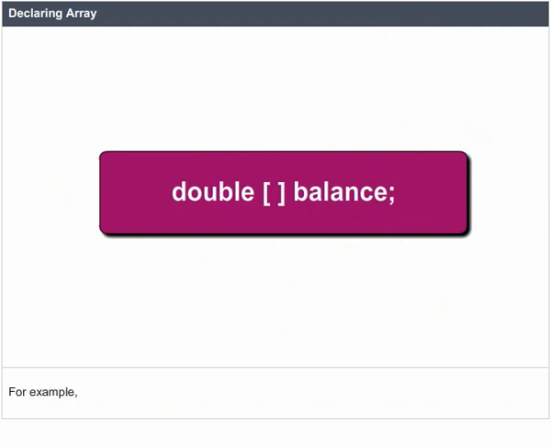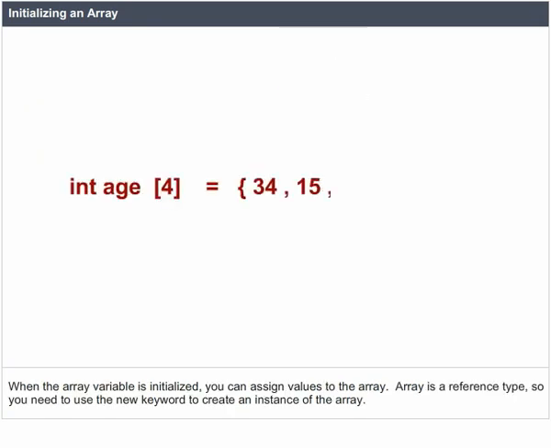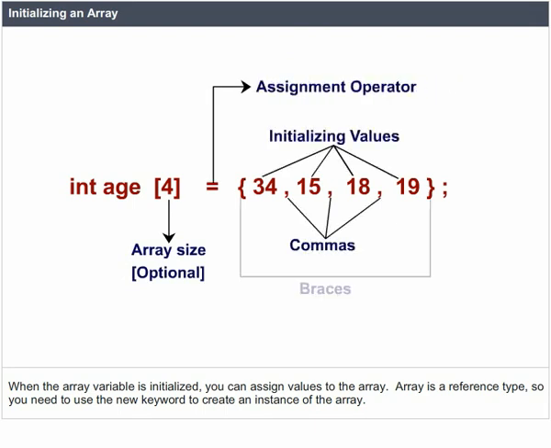Initializing an array. Declaring an array does not initialize the array in memory. When the array variable is initialized, you can assign values to the array. Array is a reference type, so you need to use the new keyword to create an instance of the array. For example,